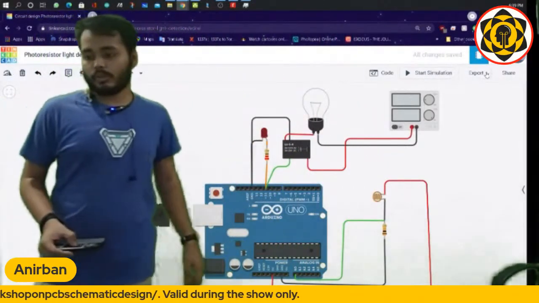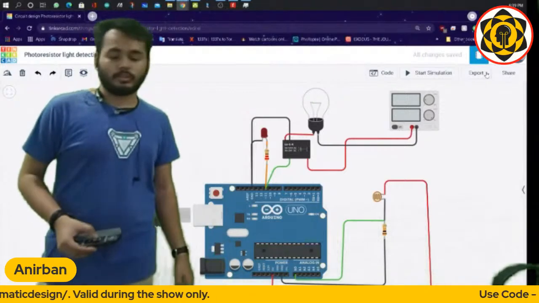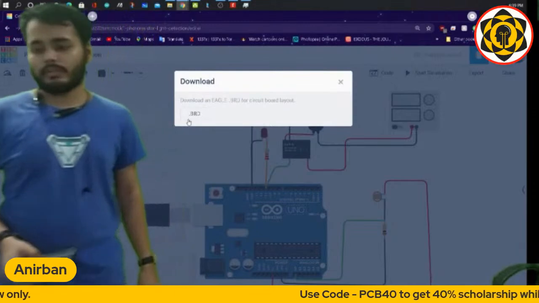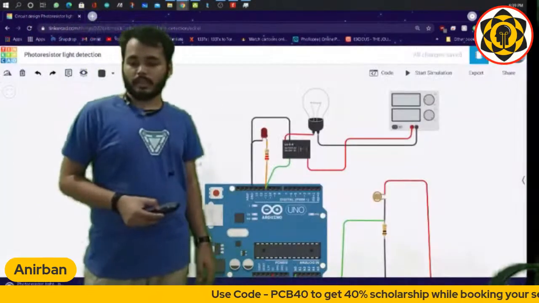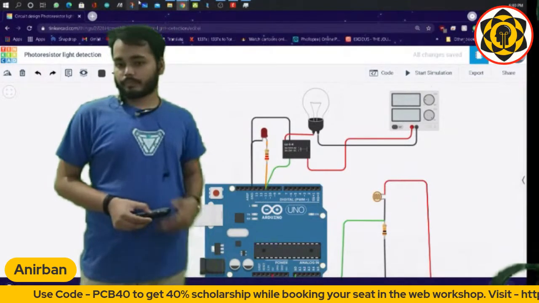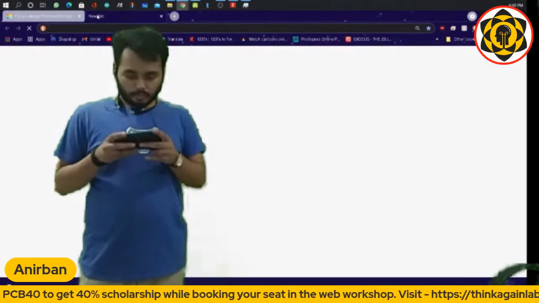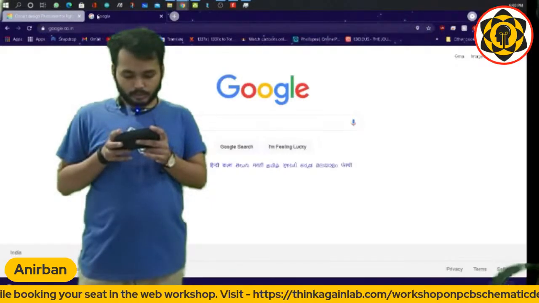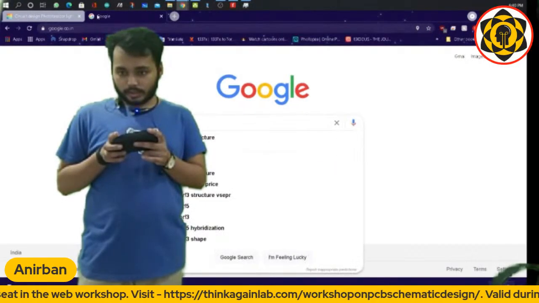Now let me show you why this is relevant to this class. If you click on export in this corner, you will get a .brd file. We will get this brd file, and as you can see, it's downloading in this corner. Now let me open Google and type brd